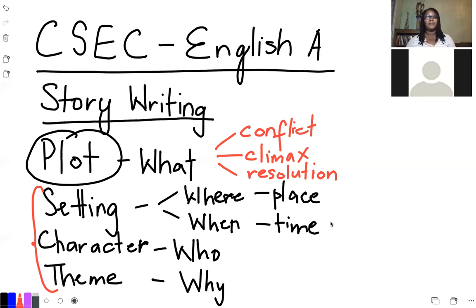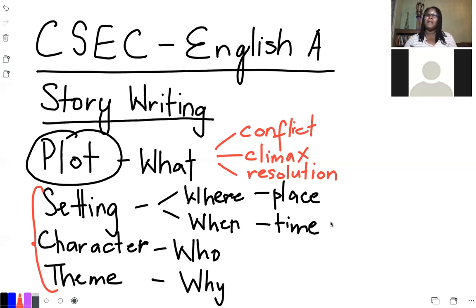Your story in terms of the time can be set in 1821. It would mean that you'd have to be careful to ensure that the things that you're putting in the story fall in line and are consistent with the time that you've chosen. So if you are setting your story in 1821, for argument's sake, you can't have your characters being dressed in